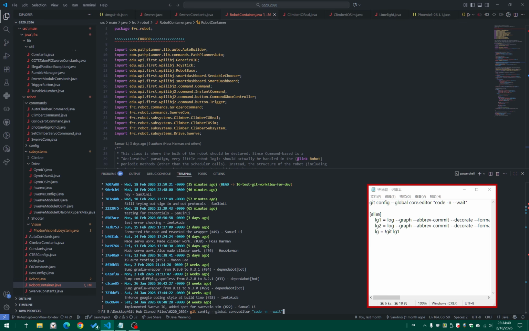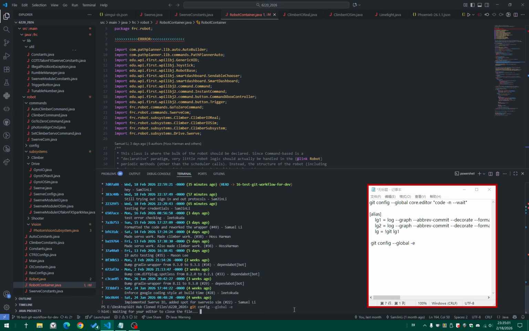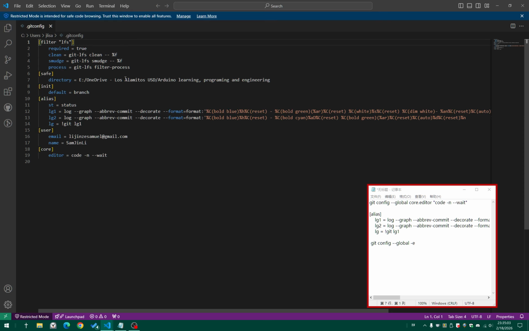Now let's see how we can get there. So first you have to run something. How I like to do it is I bring up git config --global -e. I'll include all of this in the description, but basically this opens up our configuration panel, and you can see I have it set already, alias. I have other stuff here, but essentially this is basically saying